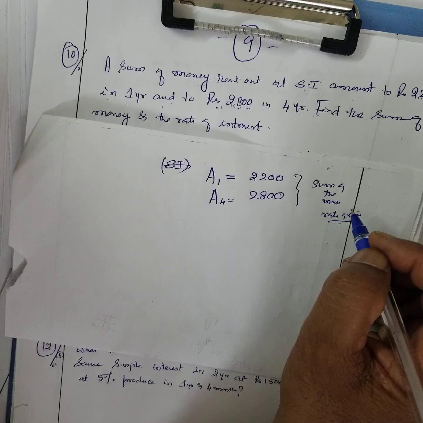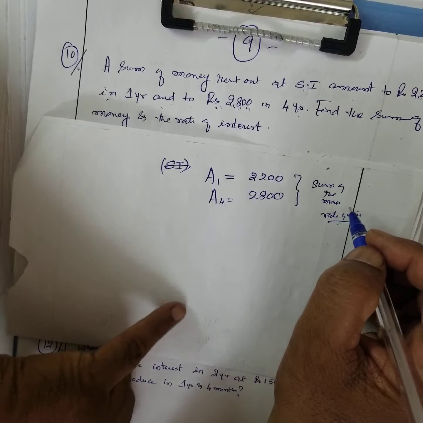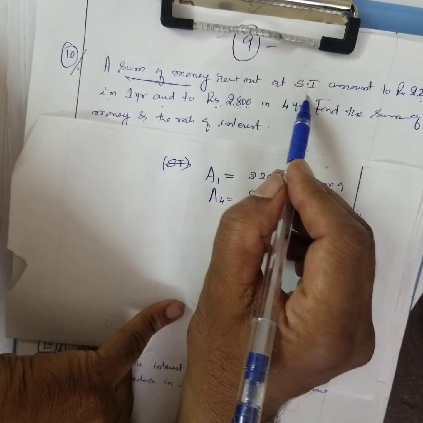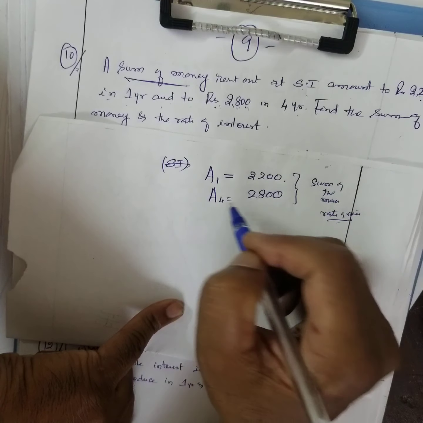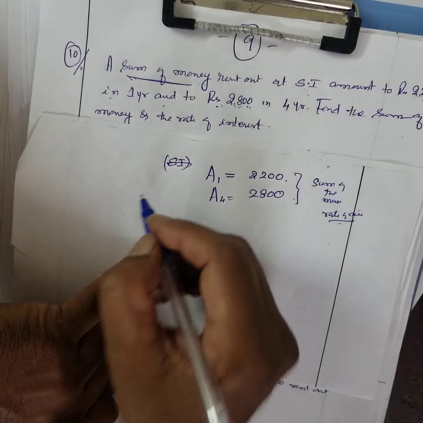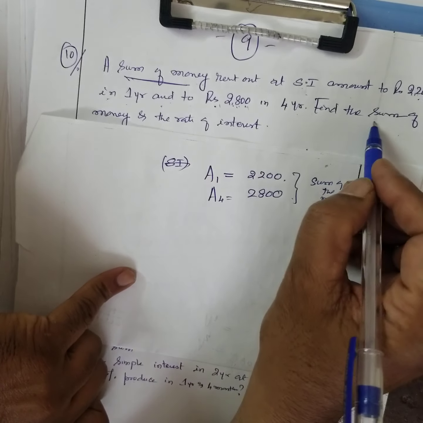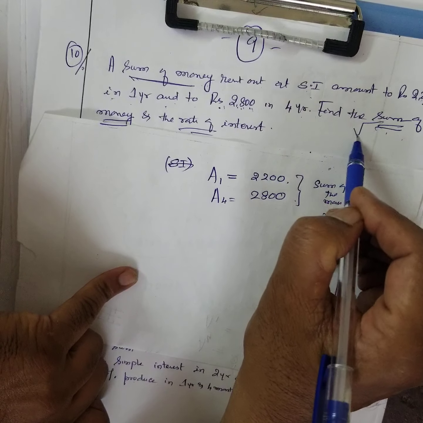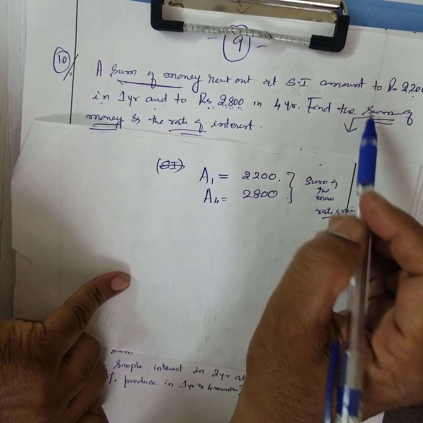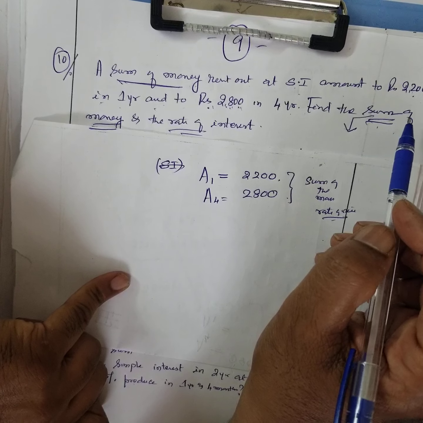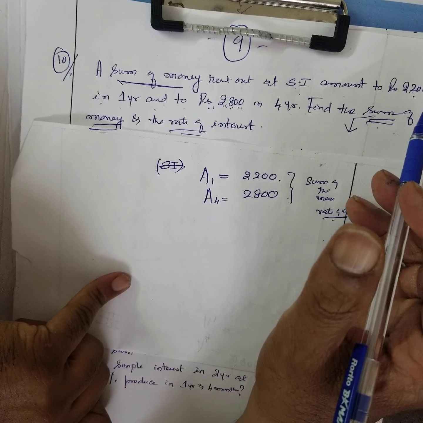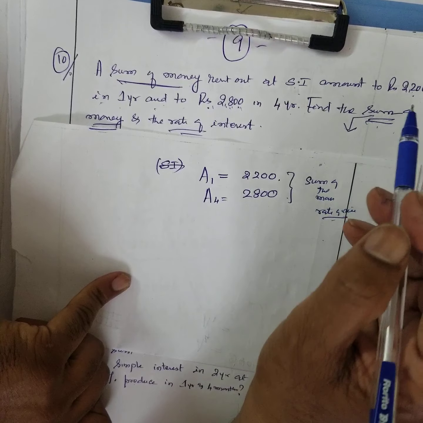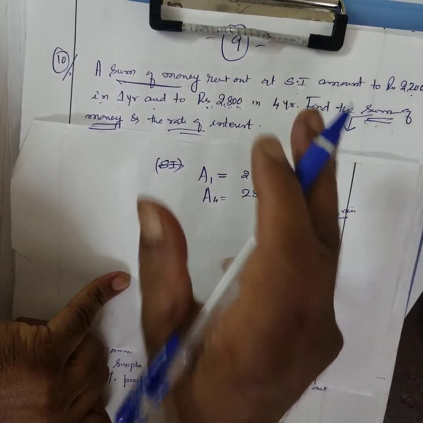Here it is very, very tricky. Sum of the money, what does it mean? The sum of money rented for amount is for this much, and the sum of money is given. They should have asked what is the principal. Find the principal and rate of interest. This particular part is confusing. It is not that clear. What do you mean by find the sum of the money and rate of interest? Sum of the money invested, or sum of the money you are going to get at the last? First let us see. First we will calculate what is the principal and rate. Later we will discuss.